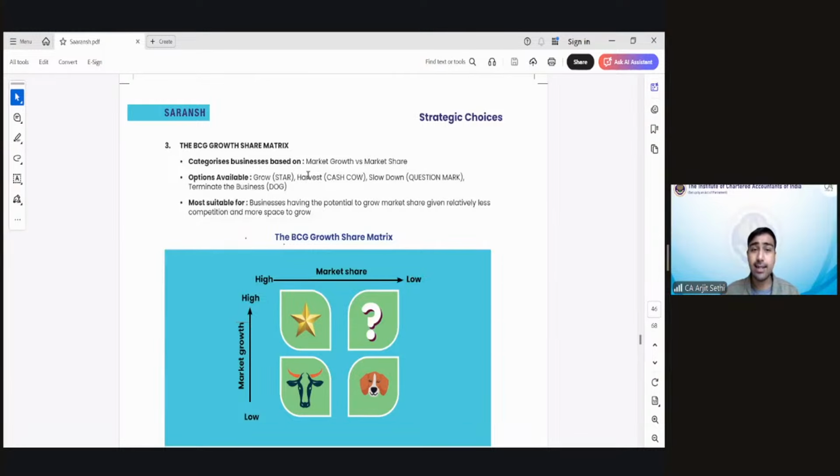The dog, which is the vada, just shut it down. Why spend money on oil, on frying, on keeping and making vadas? People don't want to buy. It's okay. Ten people will come and ask for a vada, you will say no, we don't keep vada. That's okay. Focus on idli, dosa. Focus on making money from idli. Focus on your dosa. And for somebody who wants it, just keep uttapam, but don't focus on uttapam. That is how you set your menu based on your BCG analysis, my friend.